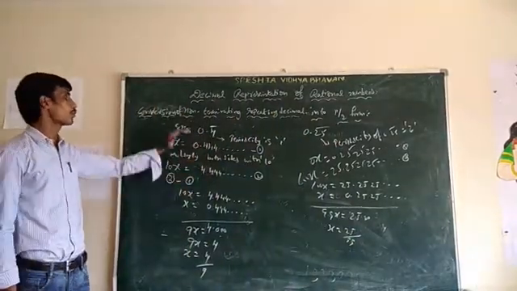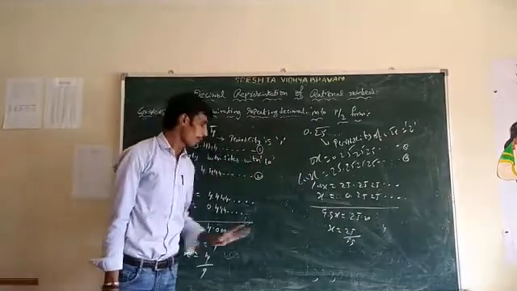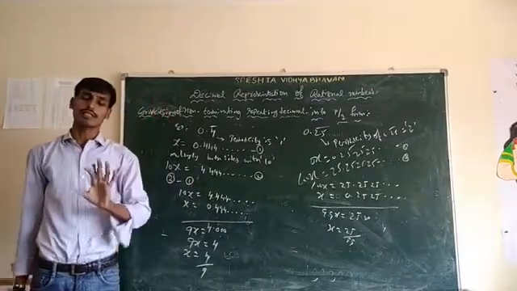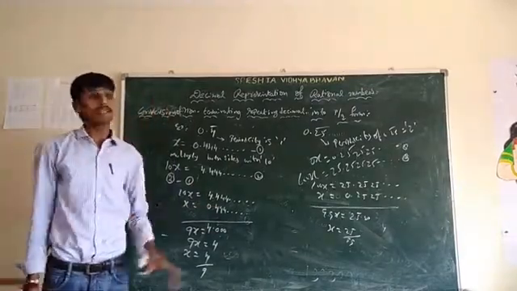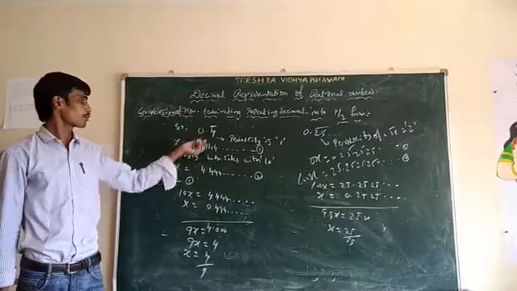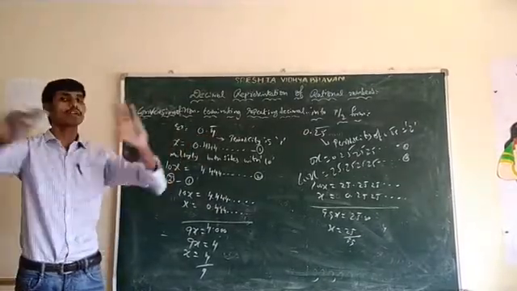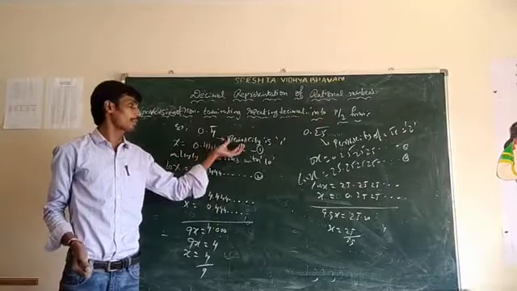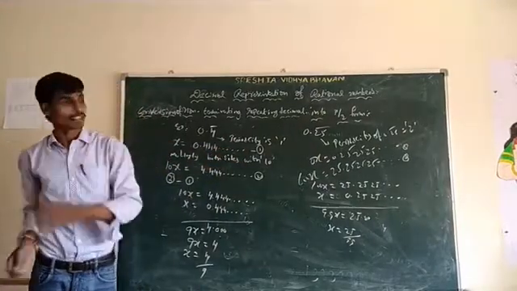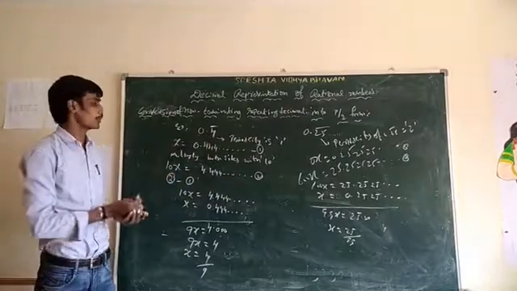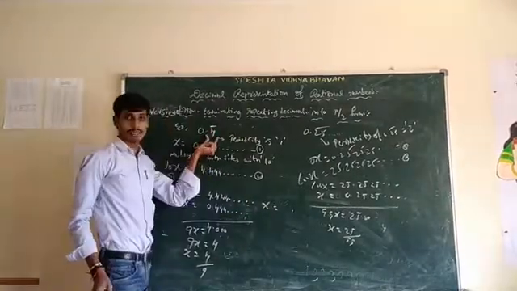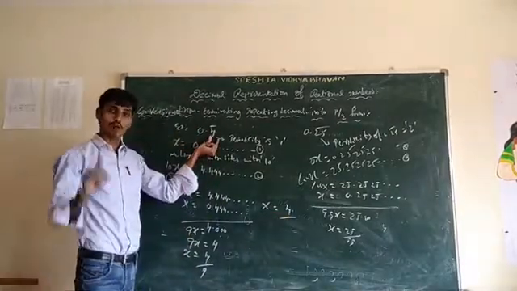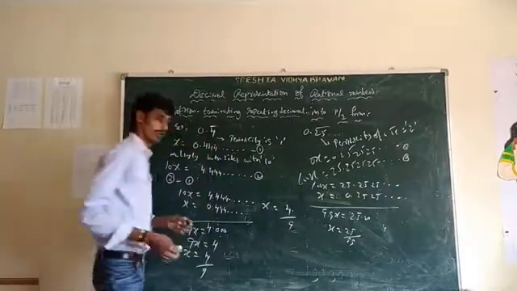So this is about converting non-terminating decimals into p/q. By understanding those two examples, we can convert easily. When you have only a recurring decimal, directly write the number, and based on the periodicity, write the nines. For example, here 0.4 bar. Simply write x is equal to, first write the number 4. For the denominator, the periodicity is 1, so we write 9. That is the answer.